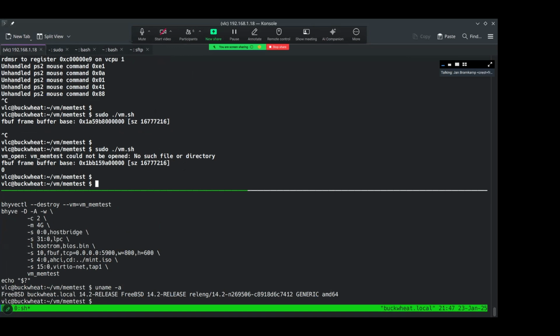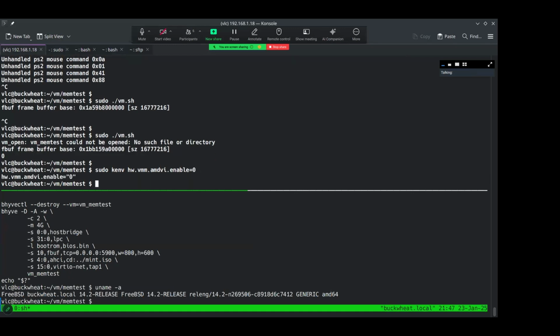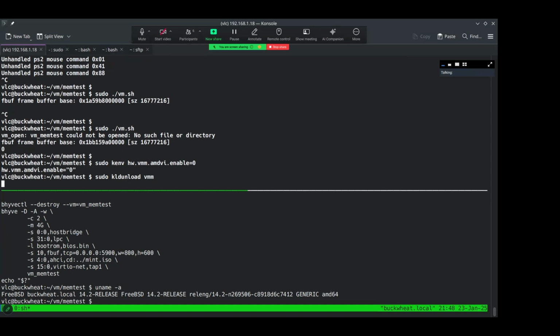One thing you could try right now is to turn off the IOMMU, unload and load the kernel module, and try again to see if that changes it. VMM. Oh, the kernel panicked.